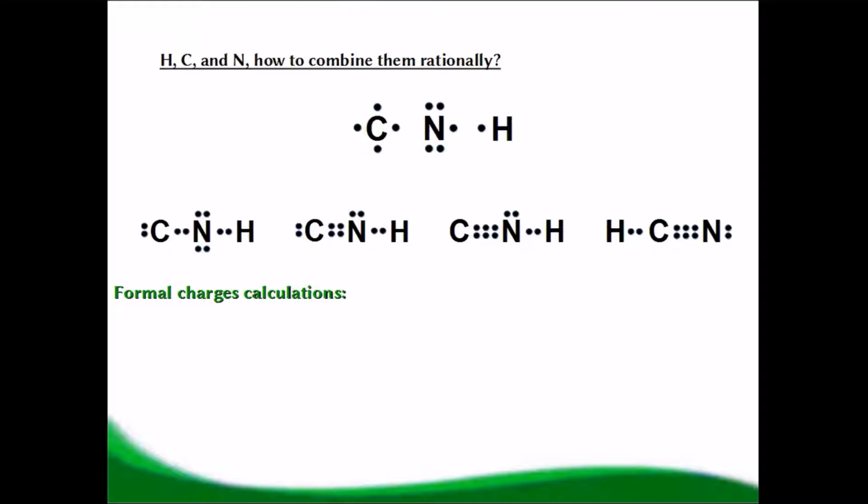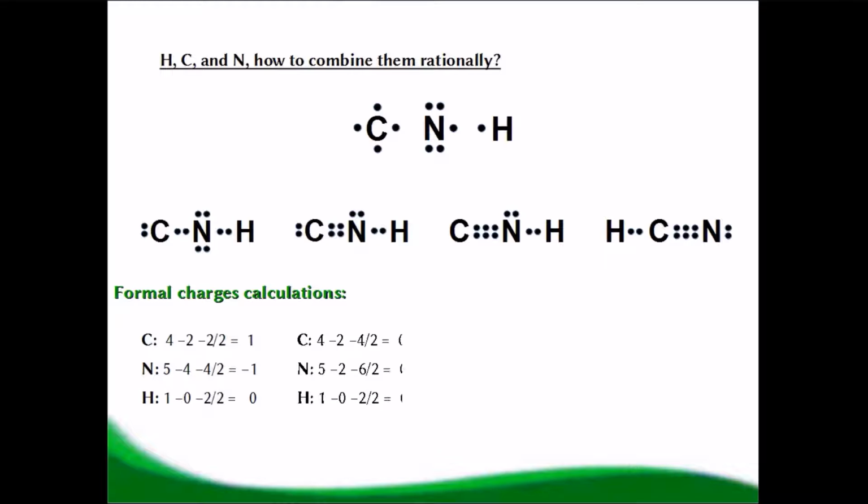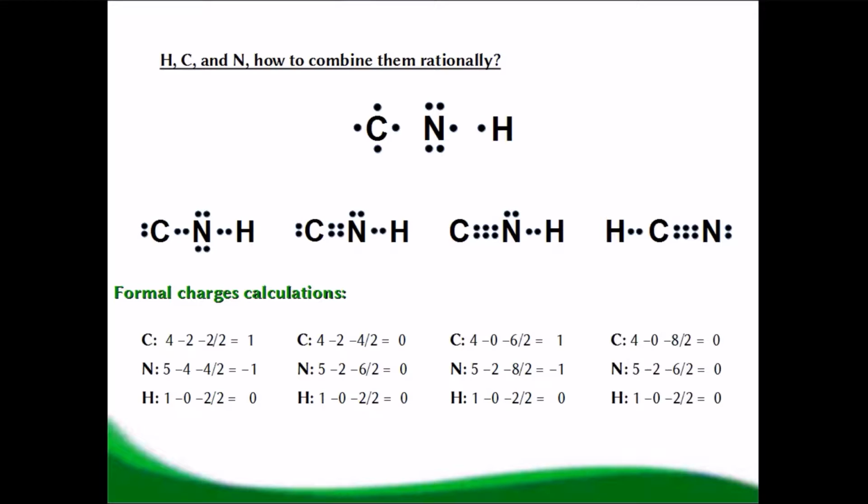The formal charge for the first structure is for carbon +1, for nitrogen, -1, and for hydrogen, 0. For the second structure, we obtain 0 formal charges throughout. The third structure reveals for carbon 1 positive charge, nitrogen 1 negative charge, and hydrogen 0 again. For the last structure, we obtain 0 formal charges for all the atoms again. We see that structures 2 and 4 feature formal charges of 0 for all atoms, so they could both be okay. Latest here, we should remember the octet rule and choose structure 4 as the correct one, which is hydrogen